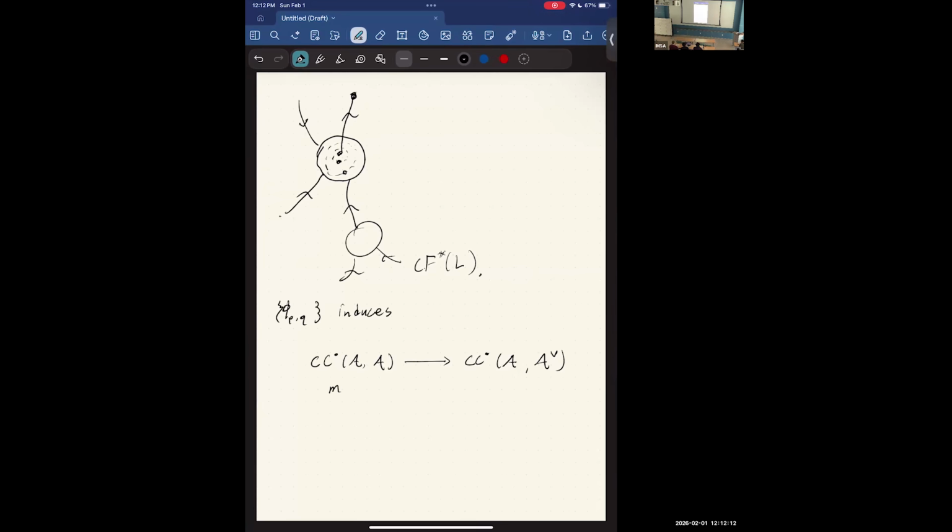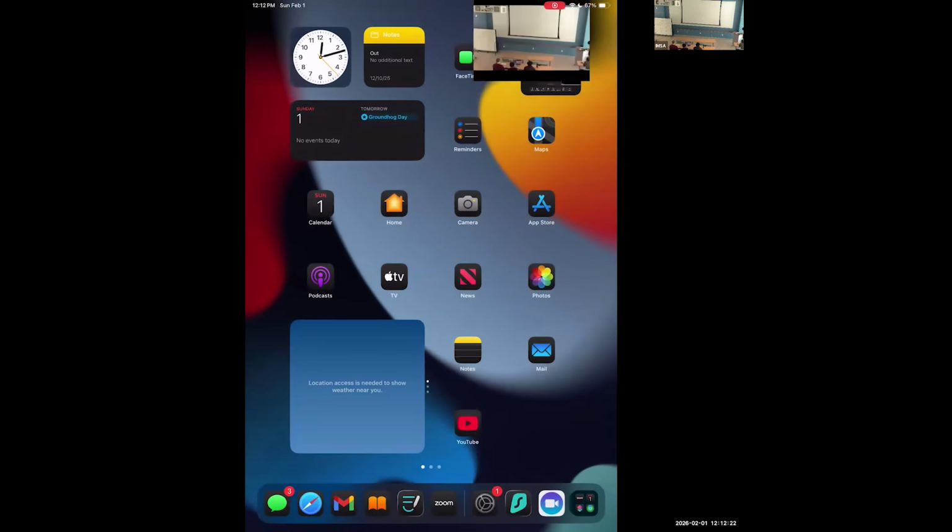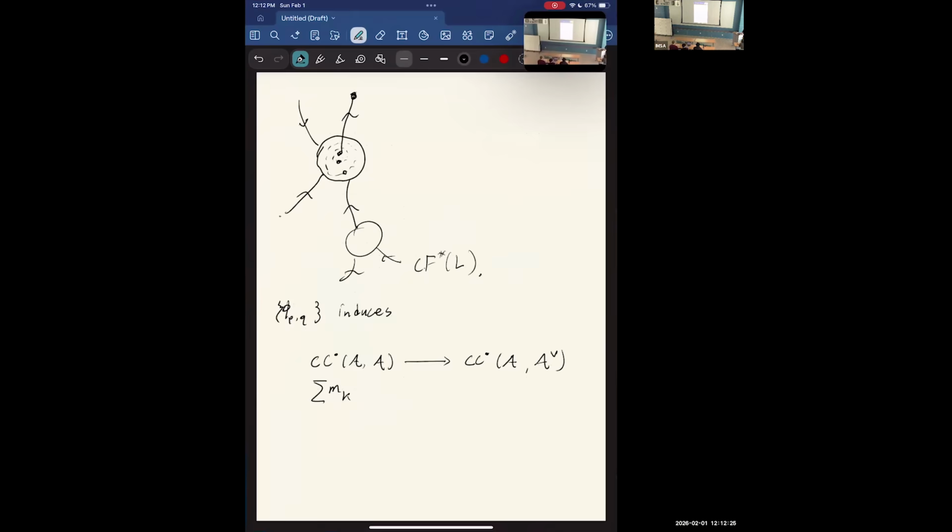And so what I would like to do is take the cyclic cocycle in CC star of A with coefficients in A, and I want to map it into chains with coefficients in the linear dual under phi sub pq. So it's going to give me something which looks like the sum over all non-negative p, q, and k,